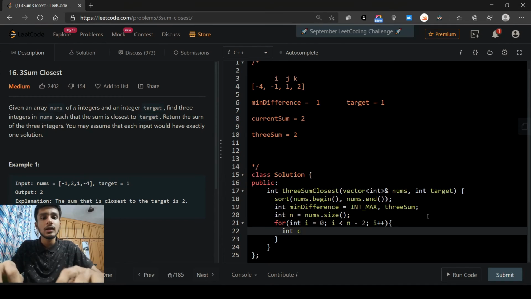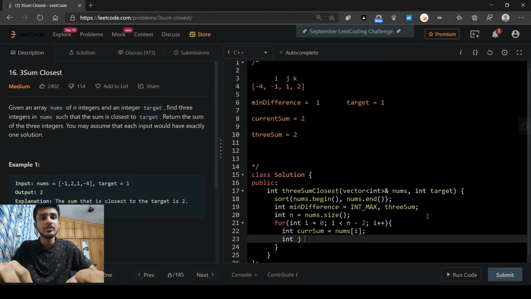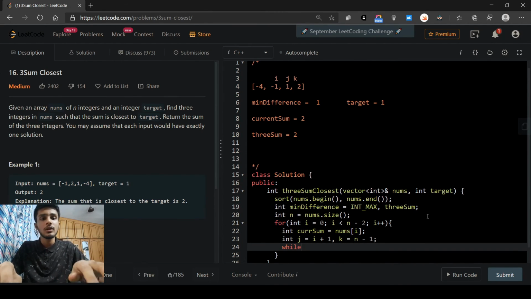Now we declare our current sum value to be equal to nums of i, and int j is equal to i plus 1, and k is equal to n minus 1. Now we run our while loop until j and k equal each other.